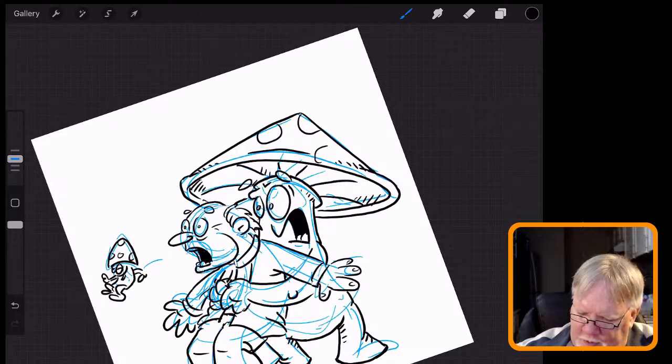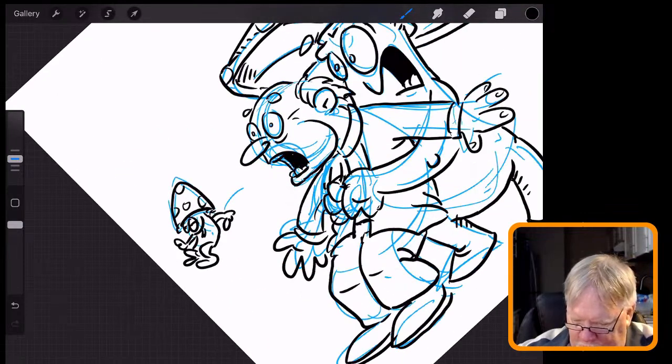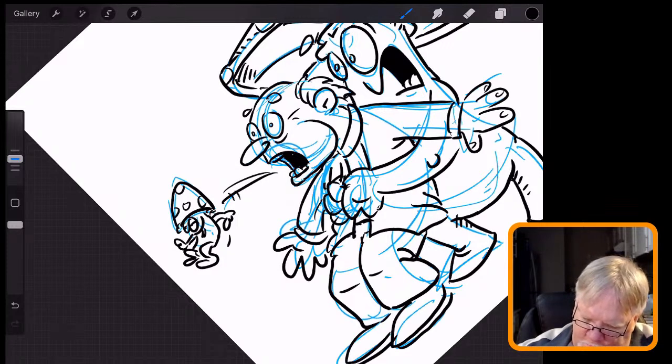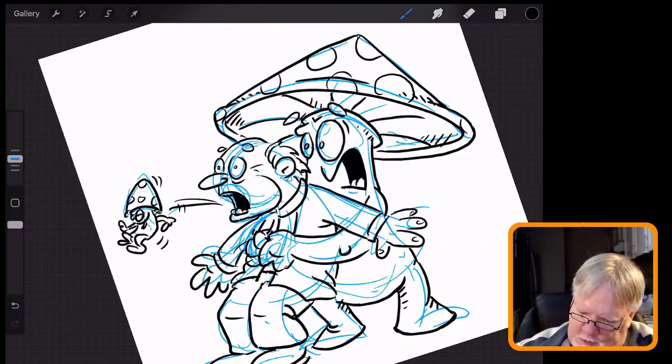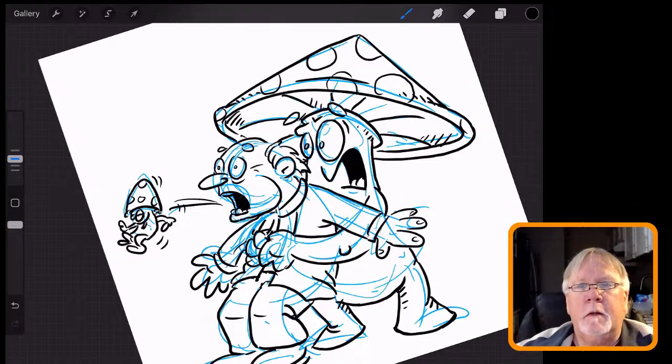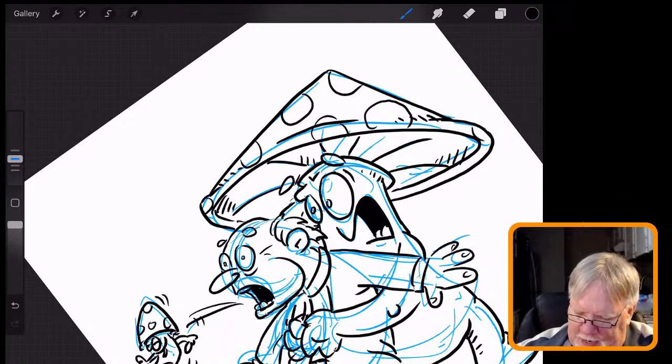I can see part of the gag here already, or I mean, the basis of the gag is that what he's been choking on is a little junior Myconid. Right, and the joke, the text, the reason I've